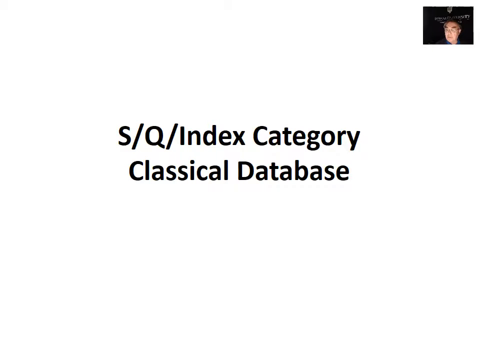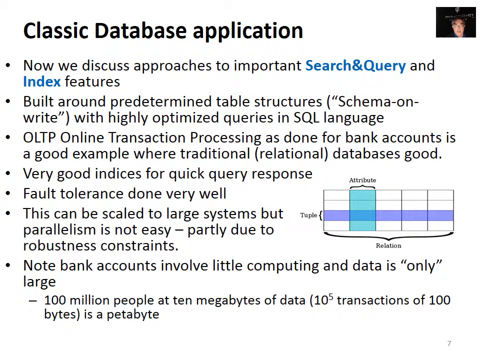Now in this section, we're starting a set of subsections which go into details in some areas of the application structure. The first one we're going to look at is classical databases, which are part of the search query index category. So obviously this has been studied for a long time, and actually it's not an area I'm a great expert at. We have tables, which are